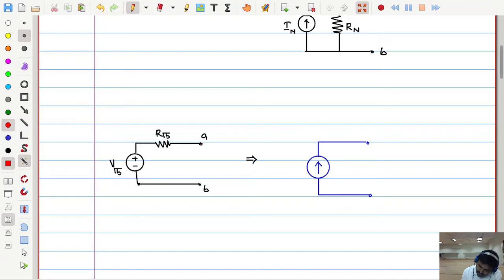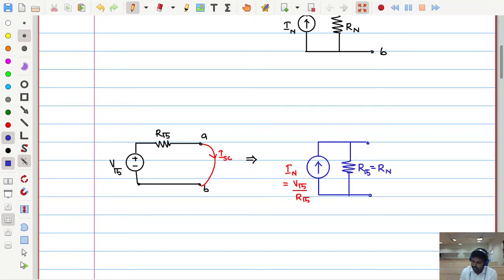So that means I am simply connecting one wire over here and checking how much is the current through this wire. How much will be the current? This is the short circuit current. Thereby we can call this itself Norton's current, IN. How much is that? That IN is equal to VTH divided by RTH. Similarly, this same resistor will be kept in parallel with this current source, which is equal to RTH. So now this can also be called Norton's resistance.